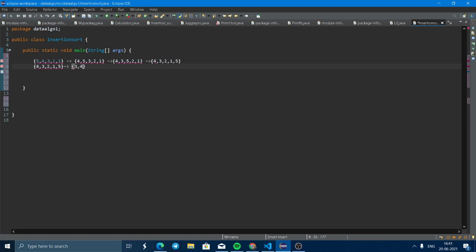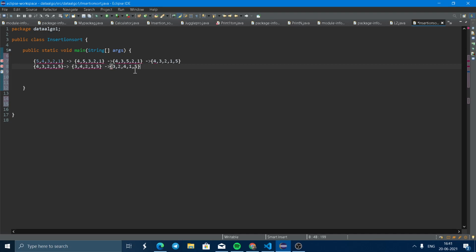Now it is 3, 4, 2, 1 and 5. Again we can see 2 is less than 4, so 2 will be placed in place of 4. Now it is 3, 2, 4, 1 and at the end 5.